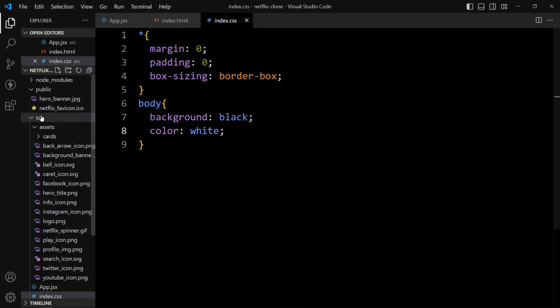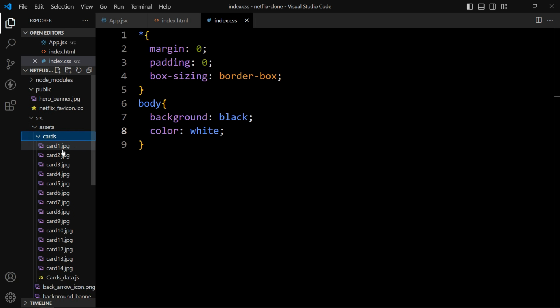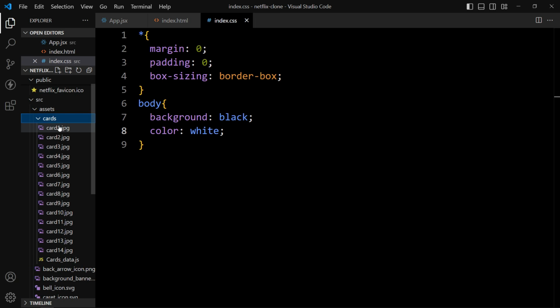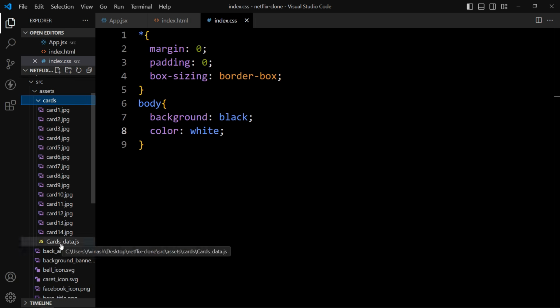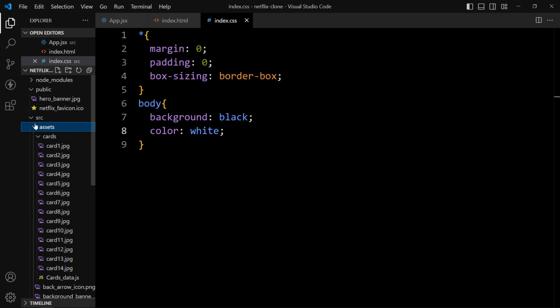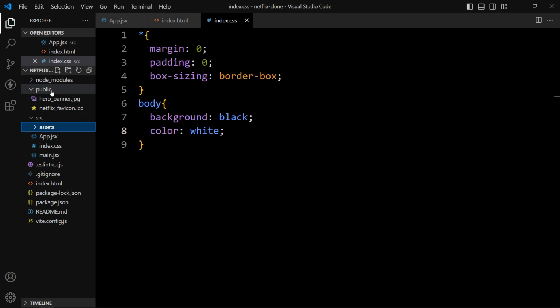In this src, you can see we have the assets and in this assets we have these images, and in this assets we have a cards folder where we have these images that we will use for the cards. Then we have cards data.js file. So we will close this one, and in this public folder you can see we have the hero banner and this Netflix favicon.